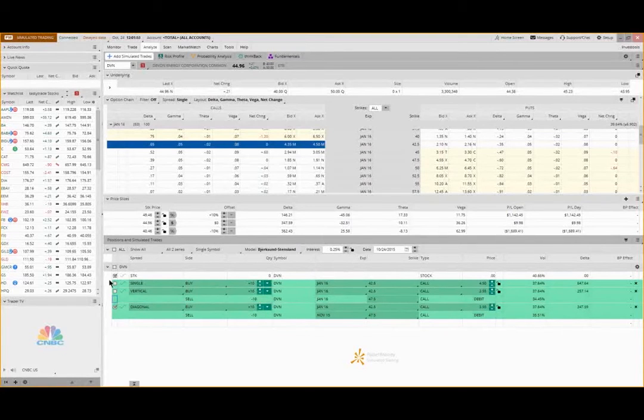But here's the real key. Remember, with our straight call, we had theta of minus 16.43. By putting on a vertical, we reduce that to negative 0.44. By putting on a diagonal, it's now a positive 10.11, meaning should DVN trade sideways after we put this on, we're actually going to be making money on this position as every day goes by. Reason being, the short call will expire. That theta decay on the short call is a lot higher than on the long call.